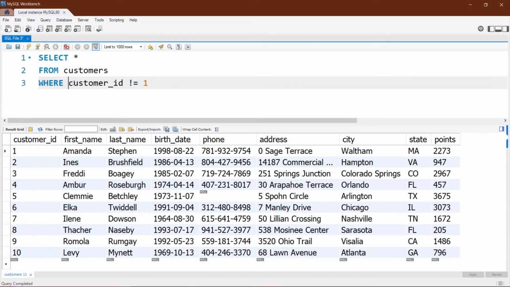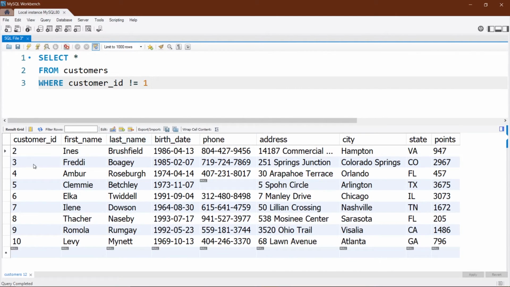Here I have written customer ID not equals to 1. So in this case 1 should go away. If I execute it, you will get 2, 3, 4 and so on till 10. It is not showing me the customer with customer ID 1 because I am using the not operator here. So customer ID not equals to 1.